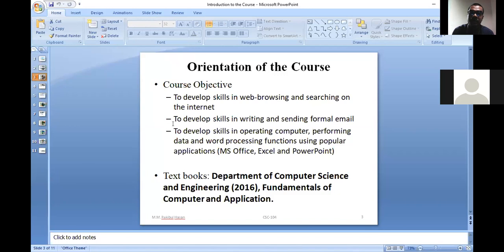Then the second objective they mentioned: to develop skills in writing and sending formal email. That means how we can create an email account and what manner we have to follow when we send or receive a formal email. Then the third objective: to develop skills in operating a computer, performing data and word processing functions